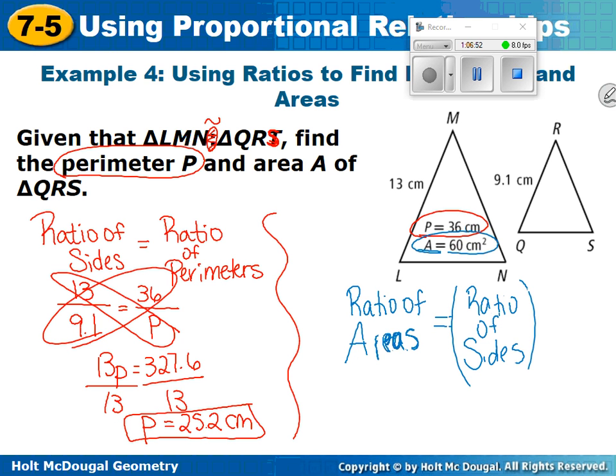0.6 instead of 0.8, so double check. So it is 0.6, okay. So now divide by 169, and tell me what you get for the area. 29.4. And what are the units? Very good. Be careful. Area is always units squared, so it should be centimeters squared. Any questions? Okay, guys, so